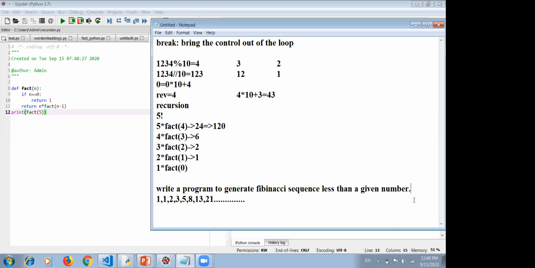Suppose we are given, say, 200, then the system will automatically generate the Fibonacci sequence less than 200.